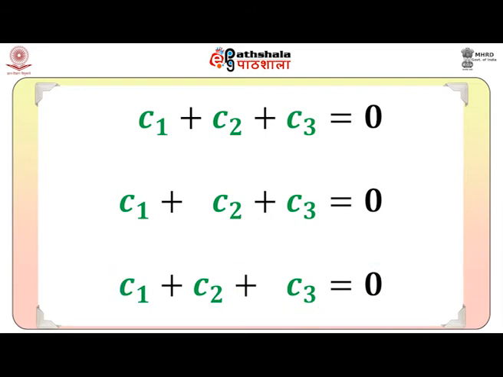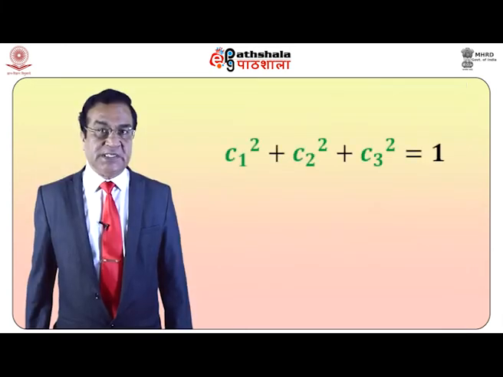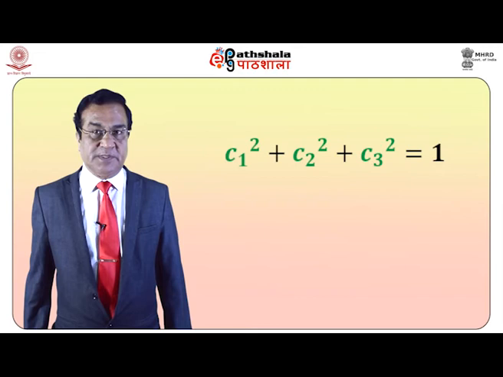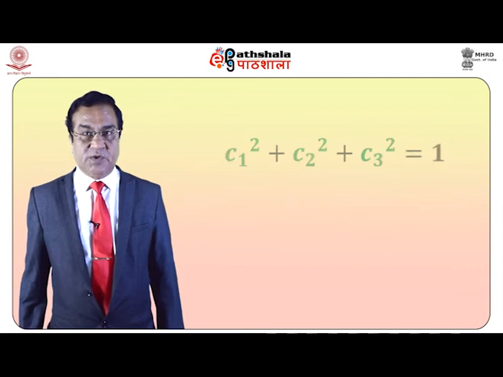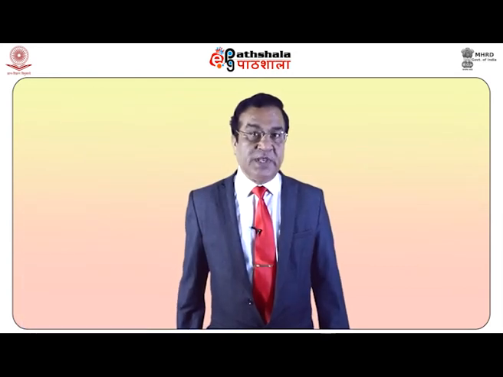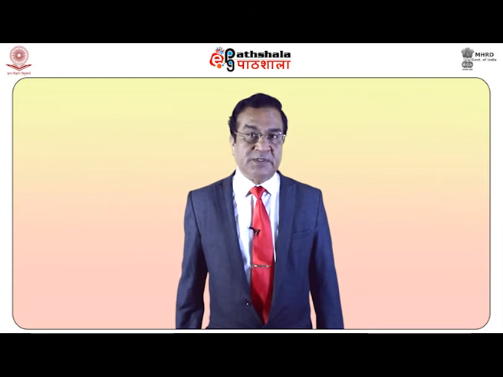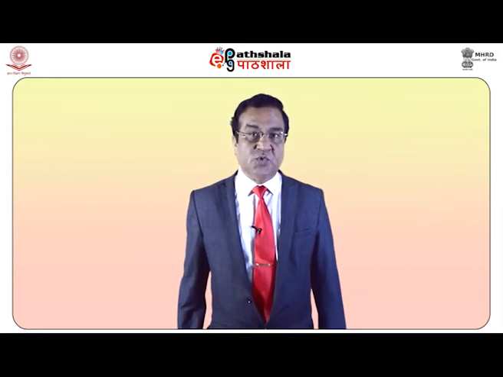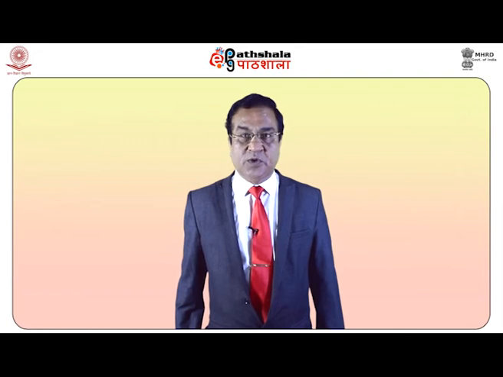Of course, there is one condition of normalization, and that is C1 square plus C2 square plus C3 square is equal to 1. But then how to calculate the values of the corresponding individual coefficients C1, C2, C3 for lambda is equal to 1? And please remember, we have already learned that for lambda is equal to 1, there are two degenerate molecular orbitals. Each one of them has energies equal to alpha minus beta. So how to calculate the wave functions for these two molecular orbitals?